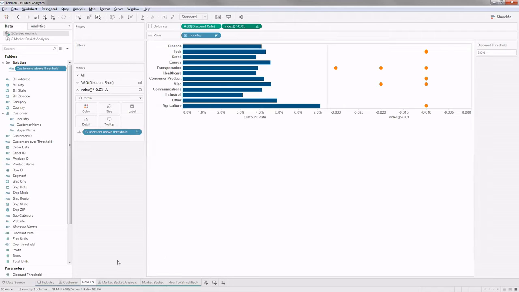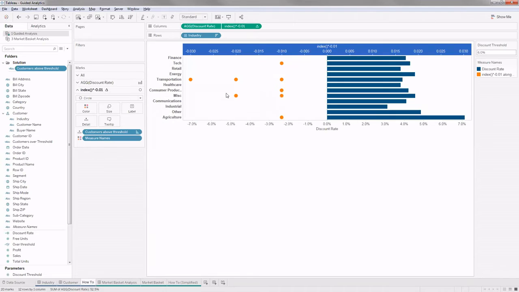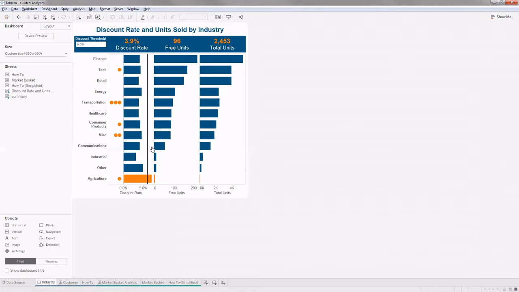All I have to do now is the dual axis here. I'll do the dual axis and all my points are aligned, and I just have to adjust the width and so on to get this sort of formatting. So in each of these industries, like transport, I'll be able to see how many of those customers have exceeded, while also having an overview and details up at the industry level. Is this clear? We can move on to the next one if it's clear.